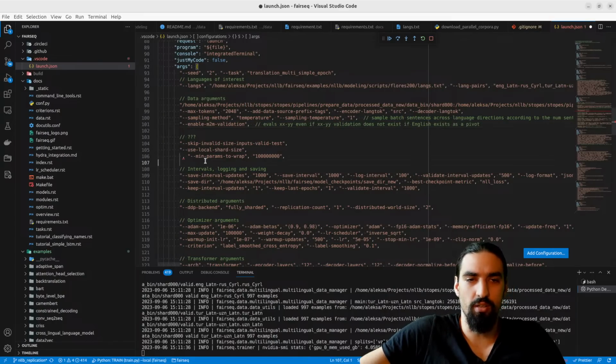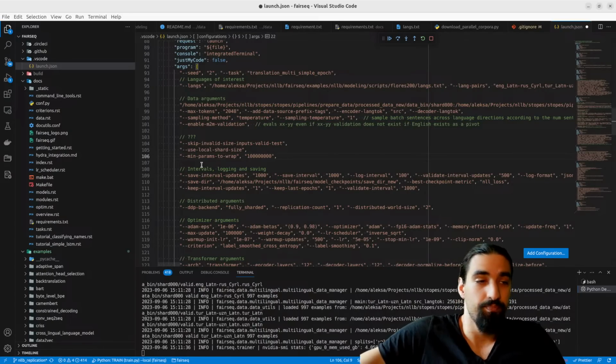That's how I understand it. So even when we don't have that direction, we are going to validate over English. I'm not sure whether we need that, but I'm going to leave it. It will not hurt. Okay.